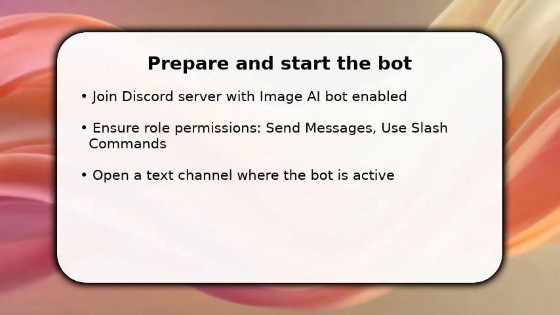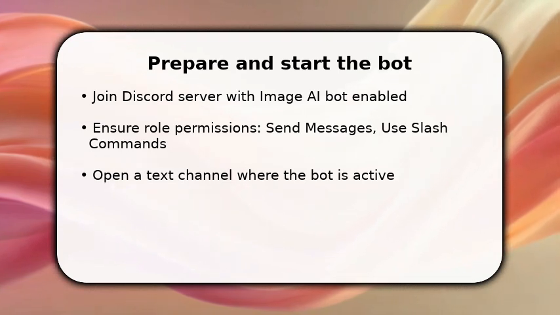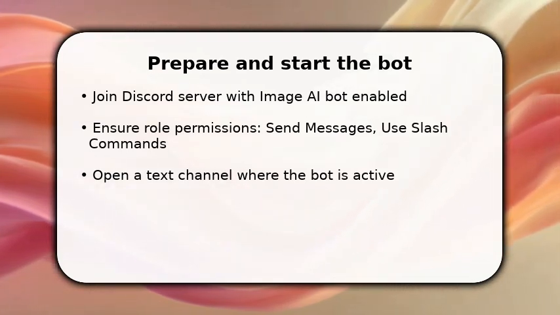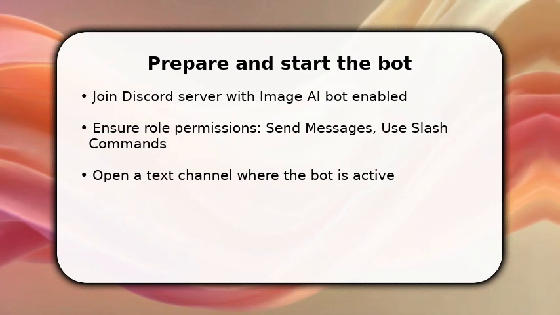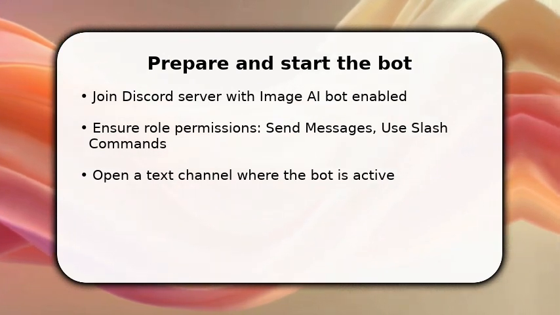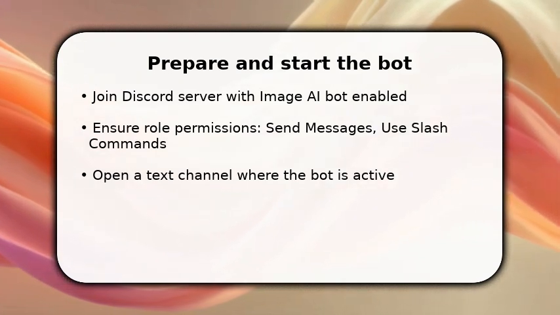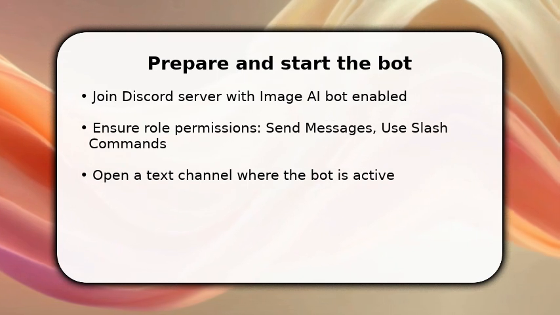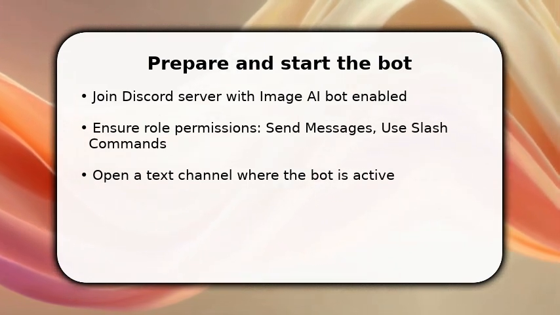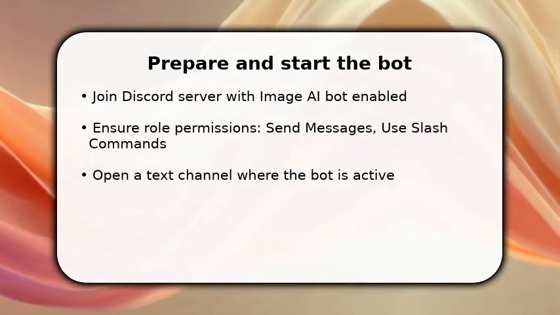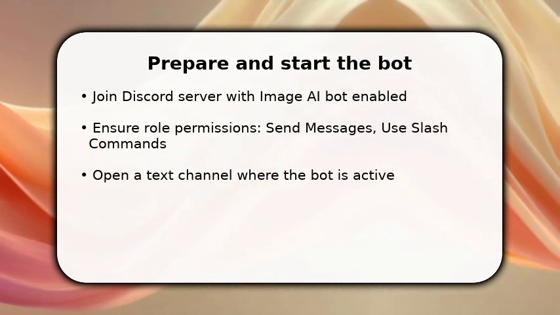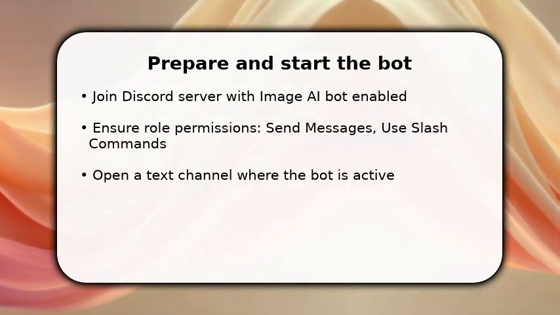You begin by confirming prerequisites and taking the first actionable steps. Join the server and open the channel where the AI bot responds. Make sure your role has send messages and use /commands permissions so prompts go through. Once done, type the bot /trigger or prefix. This initiates the generation flow. You do this now to avoid permission errors later, and because a working channel is required before you ask for